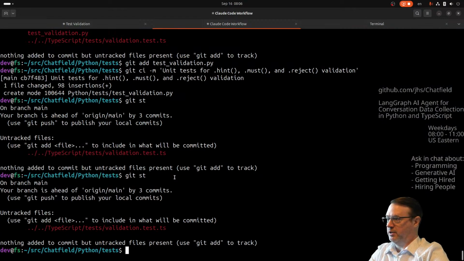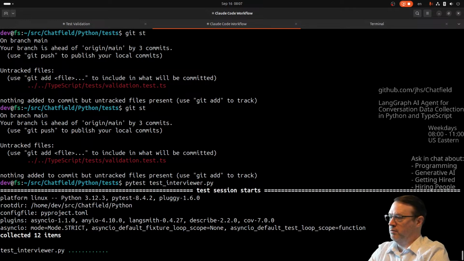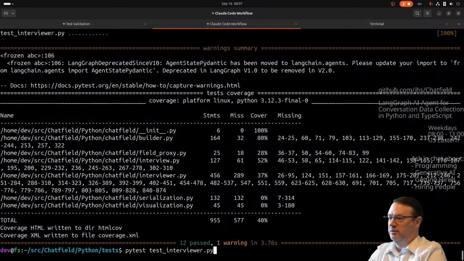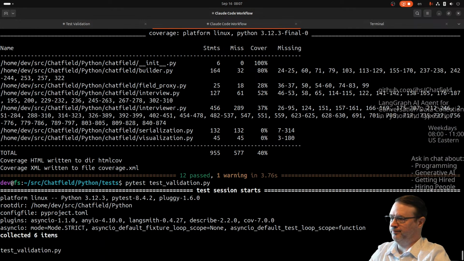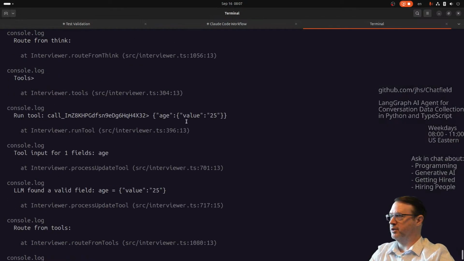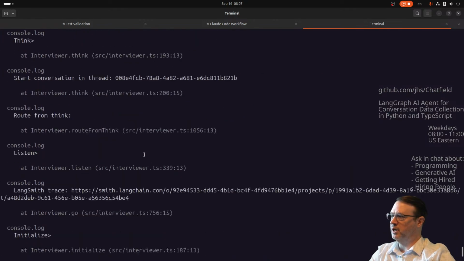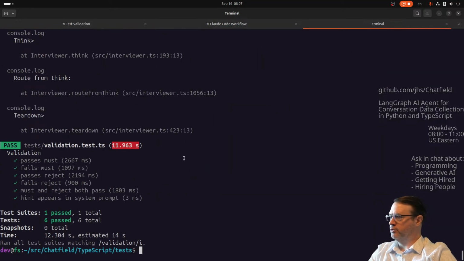Okay. Yikes. 6 pass total. I'll go back to Python. PyTest. 1, 2, 3. Oops, wrong file. Validation. Query. 1, 2, 3, 4, 5, 6. 6 passing. All right. Oh, this warning. Maybe I'll look at this today. Slightly annoying. Both languages are giving me this little warning about my tools, my deprecated tool usage. Somewhere. So, oh yeah, there's no tool usage in this one, but